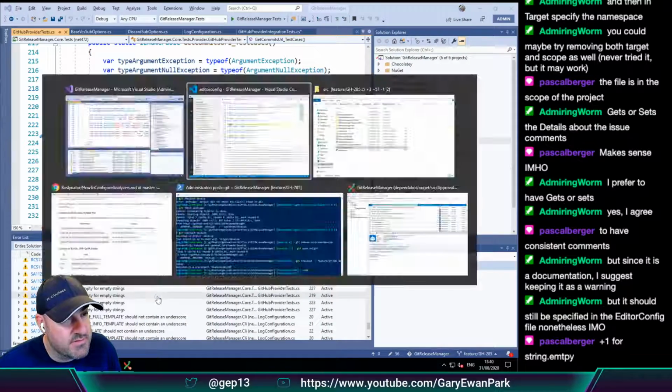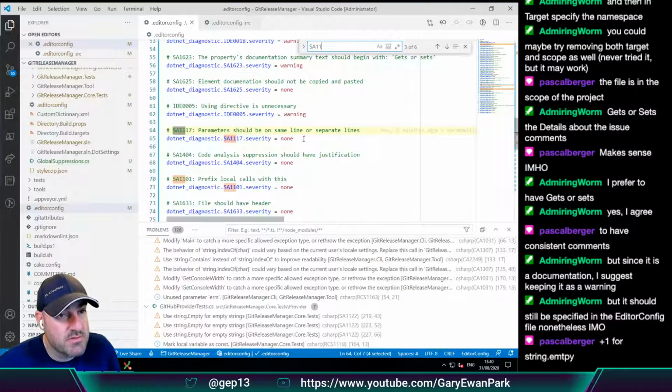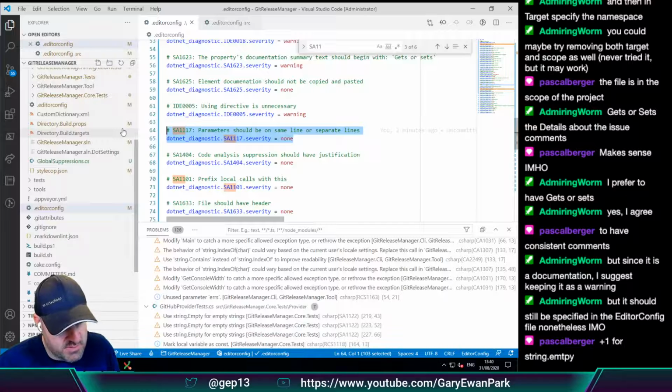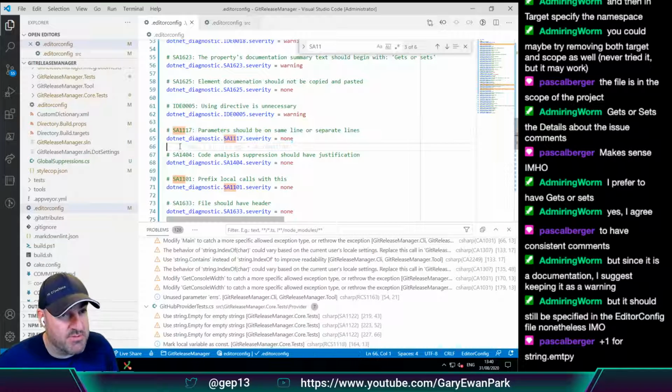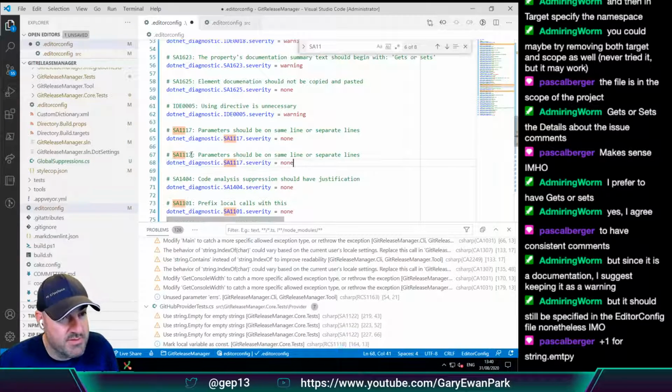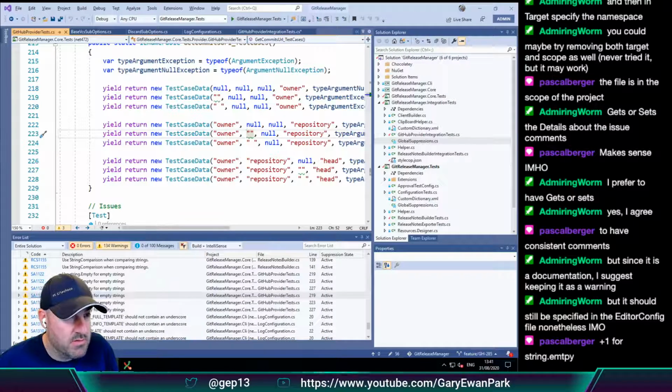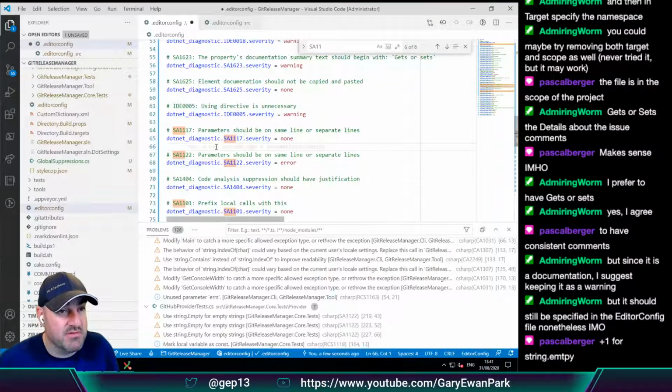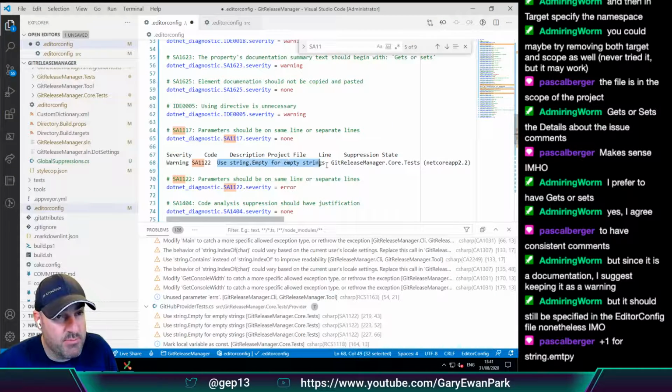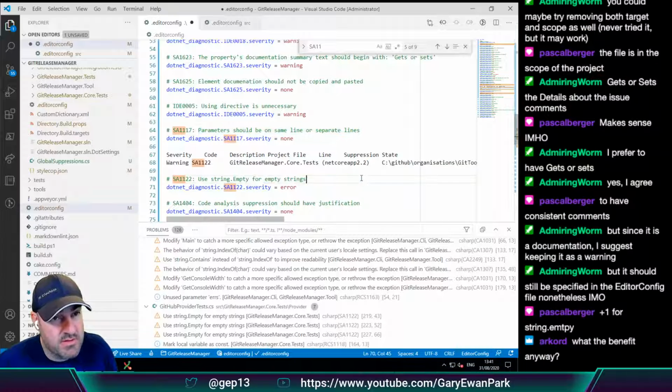SA 1122. I'm not hearing anyone say +1. Pascal saying +1. 22. 22. Error. Copy. So my new aim for this evening is to get below 100. And if I can get below 100, then I think that's a good night.